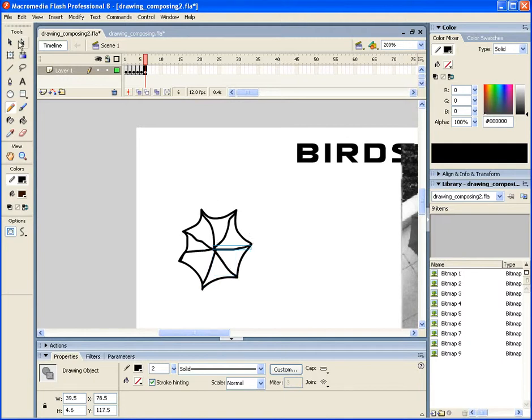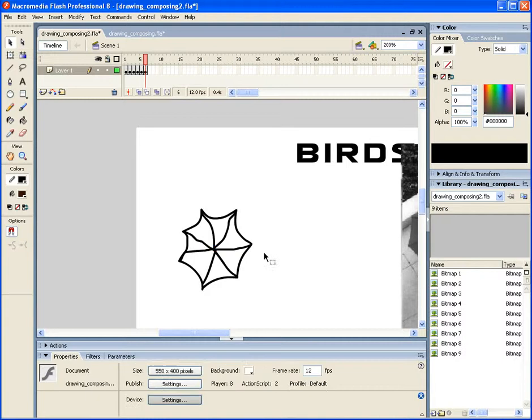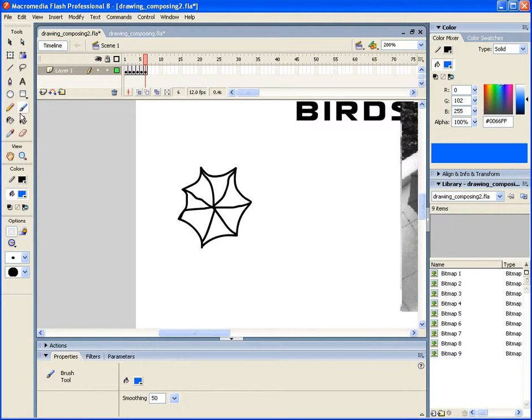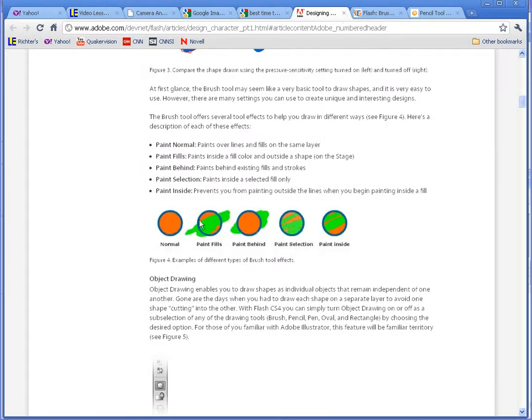Whatever. So now what I want to do is introduce you to the brush tool. So I want to paint inside that area. Now the first thing I'm going to do is pause it and test it. Okay, so the brush tool, when you select it and you come down to the options, you have 5 different styles that you can brush, and basically to sum those up, you have the